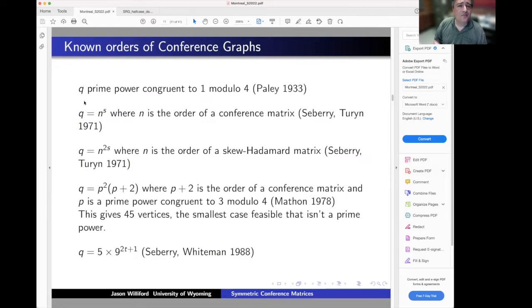Okay, so what are the known examples? Jennifer Seberry and Whitman had a survey paper. They had lots of constructions listed, and they come from, well, there's the Paley graph. Seberry and Turyn said, well, okay, if you can find a conference matrix, you can raise,